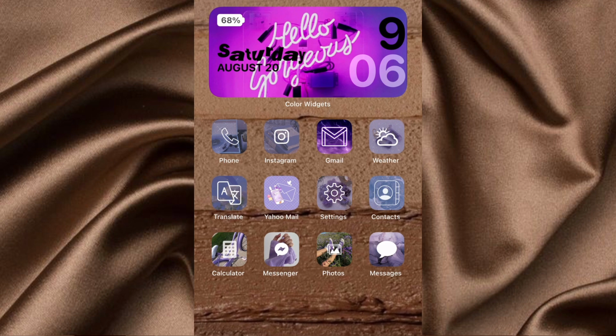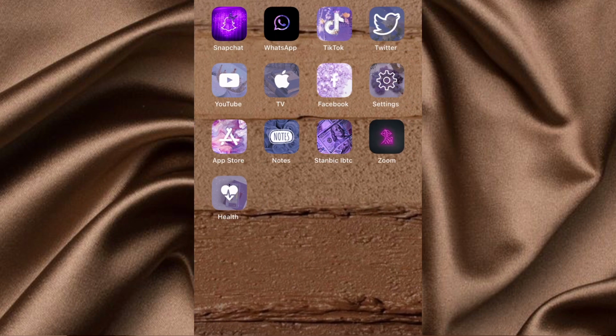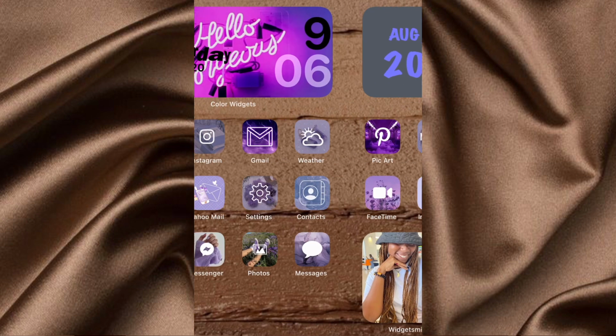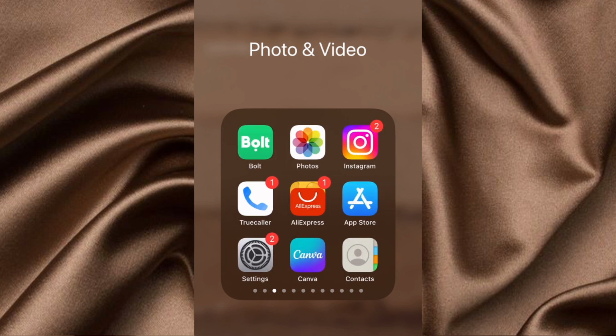Okay guys, so as you can see, I have changed all the icons. I couldn't do that while recording because it would be too long, so I had to go off and change all the icons individually, just follow the steps I showed you. So as you can see, I changed my WhatsApp, everything, all my icons are changed right now. And I had to change the other one I did because I felt it was looking tacky, so I just changed the images. Now I'm going to show you how to add some other images